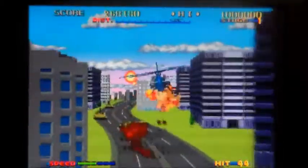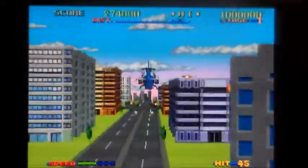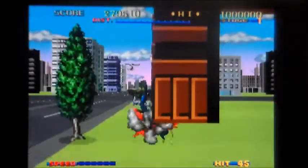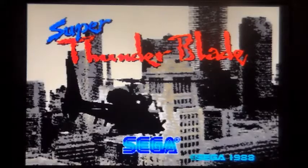Right. As you can see, I could wax poetic about the positives of this arcade game all day long, because I think it's an absolute bloody gem. Oh, a little bit of a clip in there, but we're going to call it quits there and move on to the next version. So this is Super Thunderblade on the Sega Megadrive and or Genesis, released by Sega in